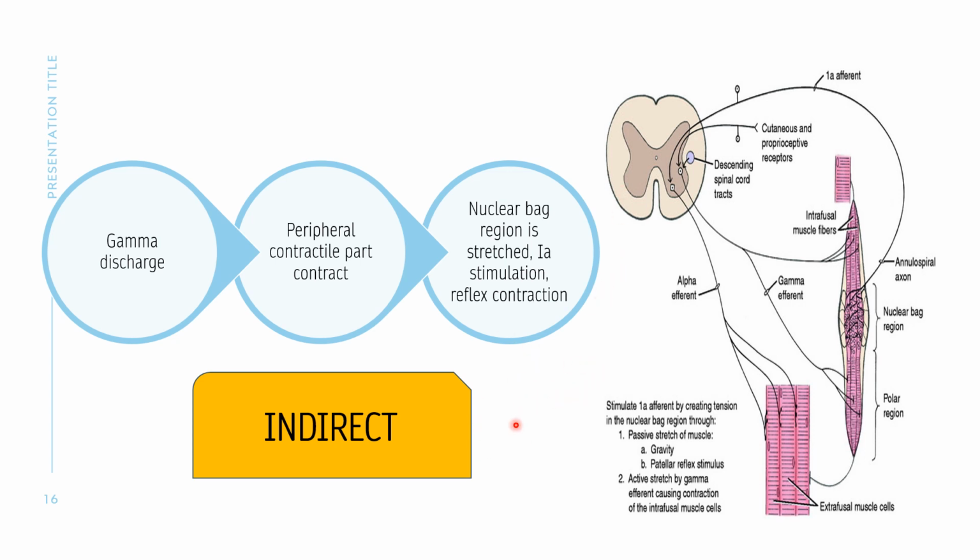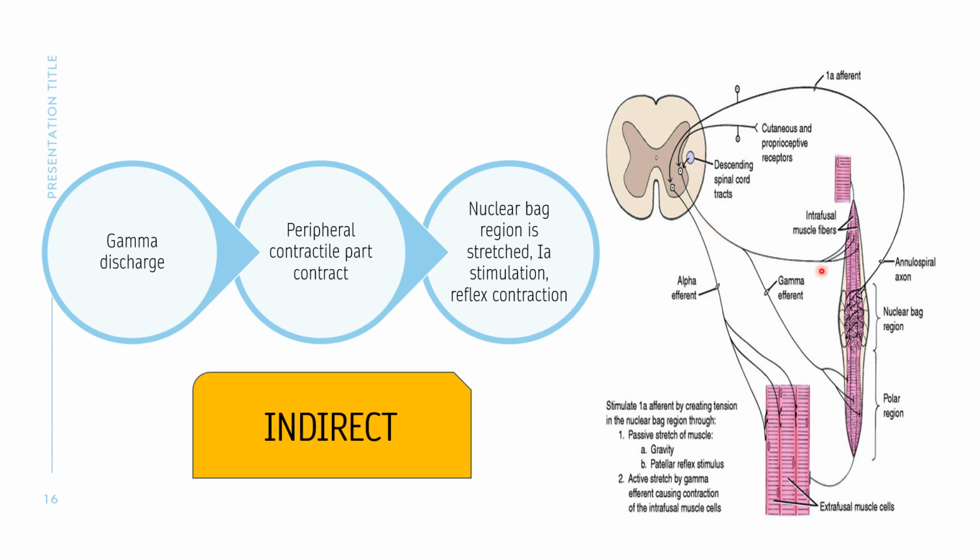contraction. How? If these gamma neurons are stimulated, they will carry impulses. These impulses will cause the contraction of the terminal portions of these intrafusal fibers. If the terminal parts are contracted, that means the central part will be stretched. So this nuclear bag region will be stretched and it will stimulate the annulospiral ending, and just like the stretch